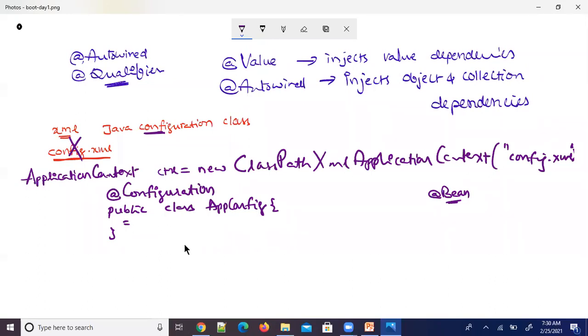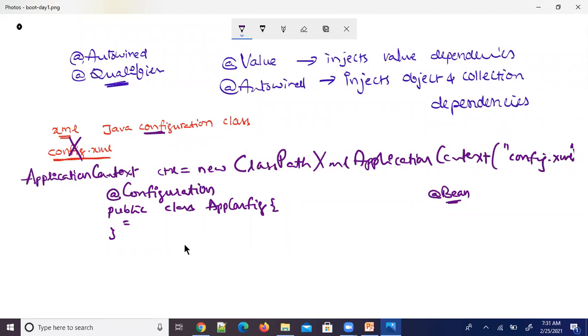And of course, one Spring application can have n number of configuration classes. You need not define all application configuration in a single class. You can also create multiple configuration classes and define the application configuration. The annotation name is @Configuration.